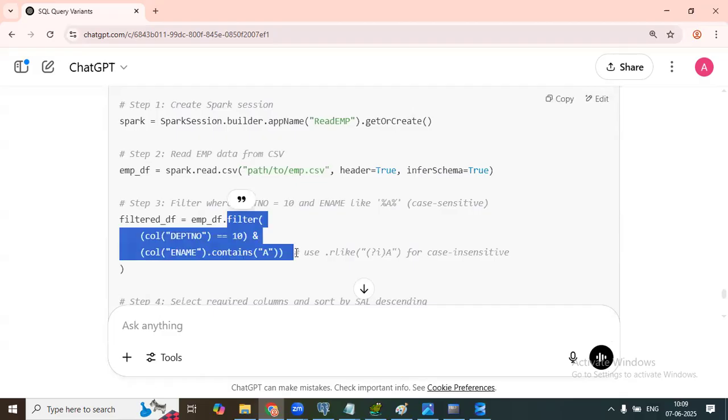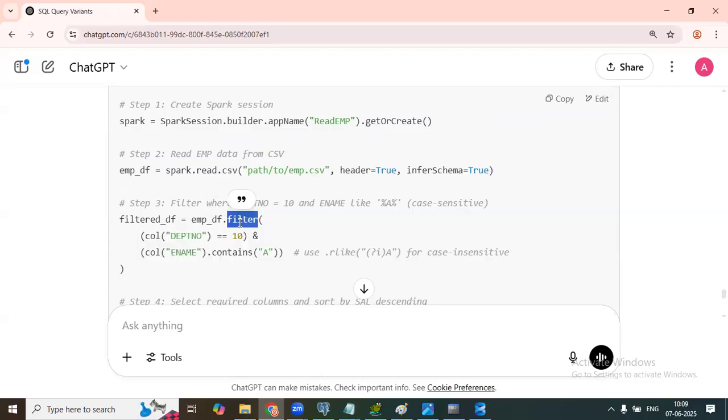Do I need to spend more time here while covering the filter? I can say WHERE is nothing but filter. The AND operator is nothing but the ampersand symbol in PySpark, you have to keep it. Like that, you'll be doing comparative learning. Something will be extra in PySpark, which I'm not telling now: group by, reduce by, partitioning, bucketing, getting partitions, a number of things. Performance tuning, infer schema, all these will be new, and I'll be spending time on them. But what is common, you'll be able to understand very quickly.